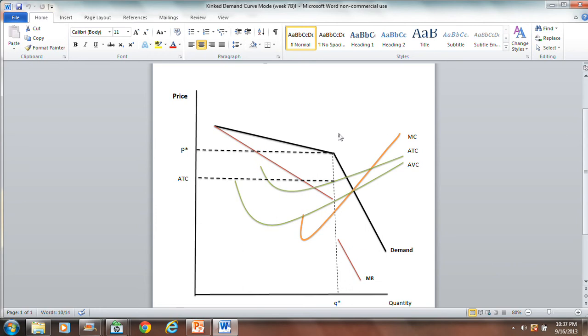It's called a kink because the point where the elastic and the inelastic segments join is known as a kink. So the kink is where the elastic demand curve segment and the inelastic demand curve segment meet. Now, you then have your costs in the model. So we'll have marginal cost, as we're familiar. It has that Nike swoosh check mark behavior. And you also have the average curves, average total and average variable.